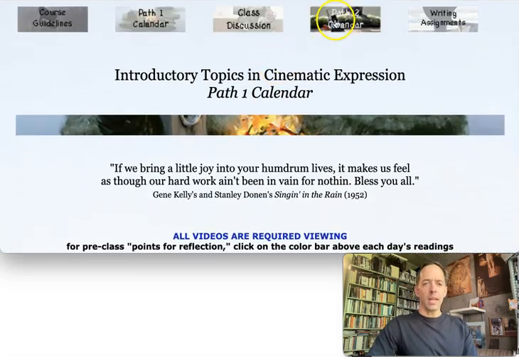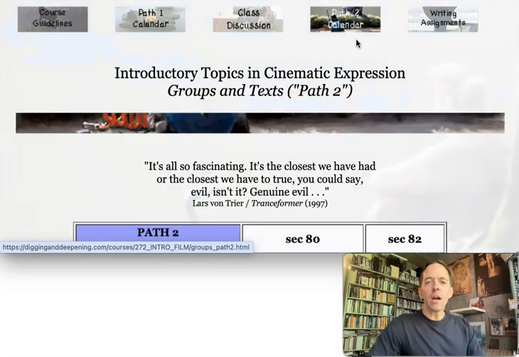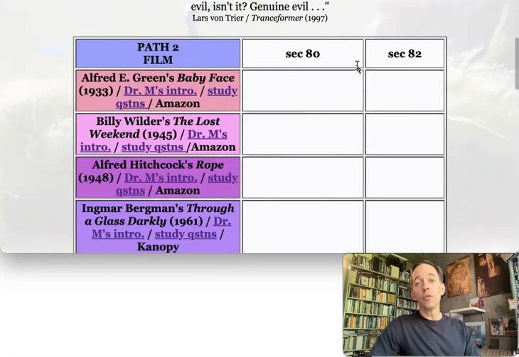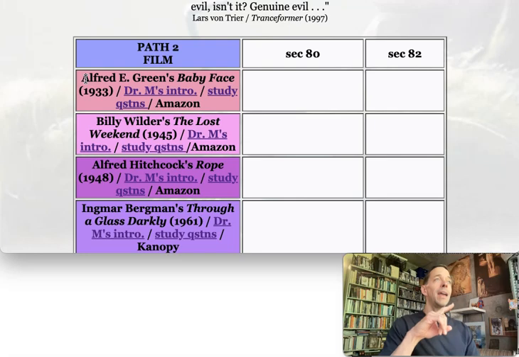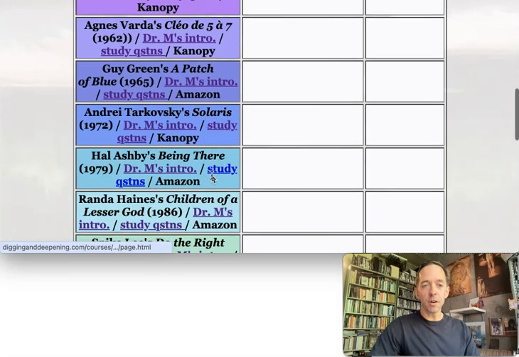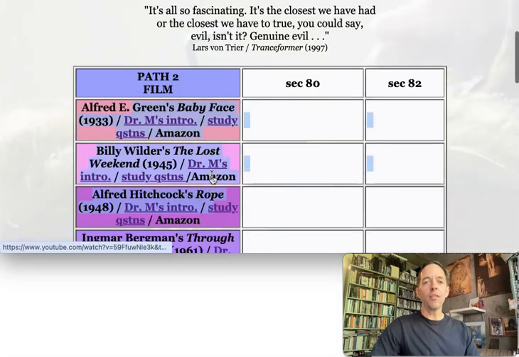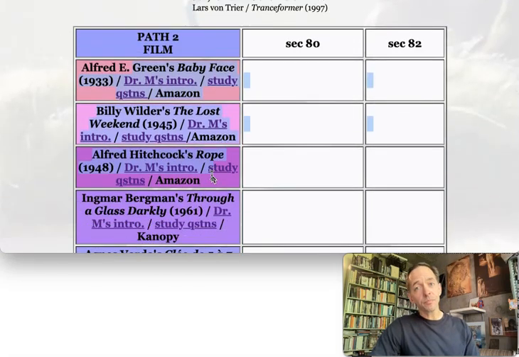Okay. The Path 2 calendar, this just takes you to the Path 2 groups, and I said I would assign these in week 2. You'll notice that I have a series of films, not on the syllabus, that you will be engaging for your term paper. And you'll be pairing one of these Path 2 films with a Path 1 film. I'm going to slot you into these different groups. There are 15 options here, and there will only be 10 groups. Maybe 9, depends on how many students there are in the class, but probably 10.